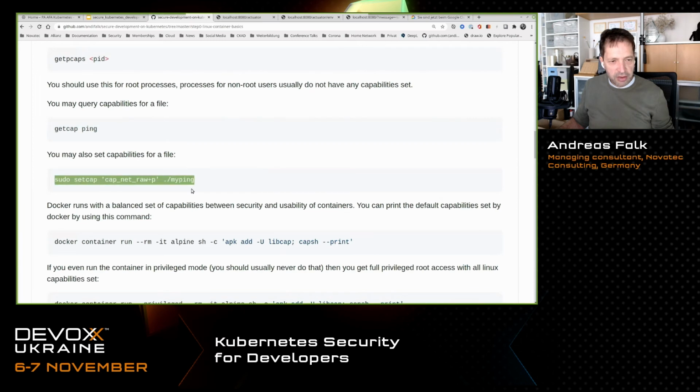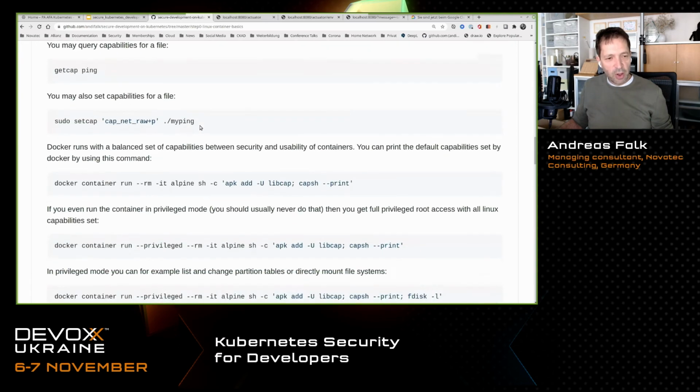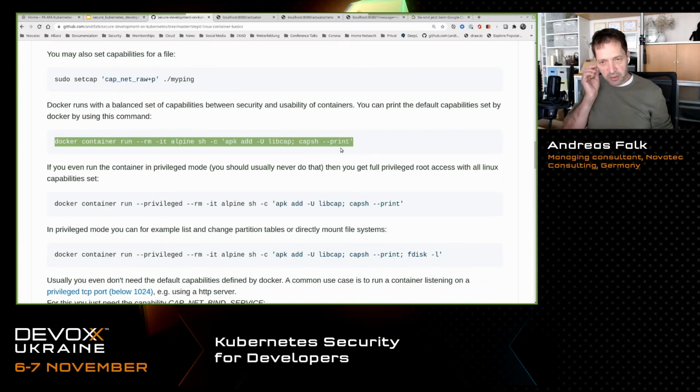But you can also set the capability for mapping, for example. You can also use that for running processes. If you have a process ID, you can just call that. What is more interesting for our purposes is using it in the Docker world: you can also print out the capabilities of Docker. Then you might notice that Docker by default adds default capabilities as a standard to your Docker containers.